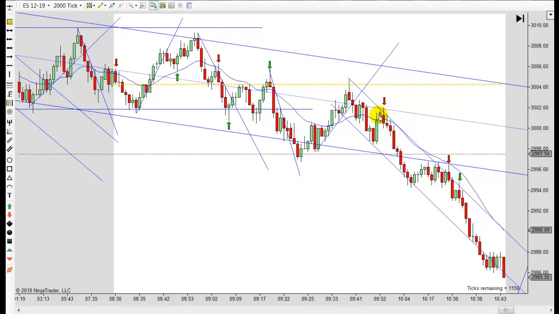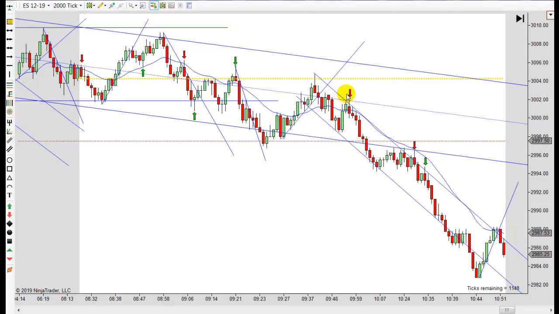And then your failure on your reversal type pattern right here. And it broke higher and turned and went out the other side. You could wait for this to finish, or you could go short one stop below that bar. But that's a failed second entry long. That's a little bit of a reversal pattern. We're not back down to this line here, and